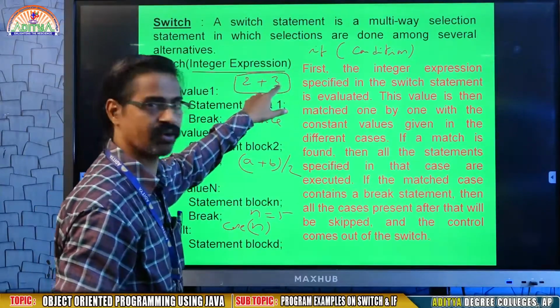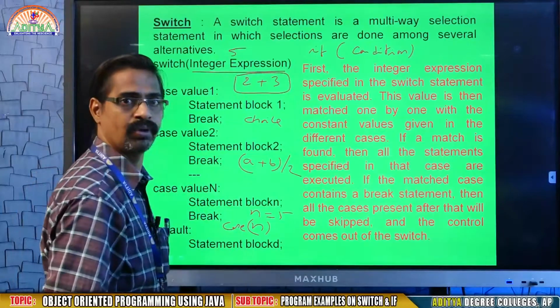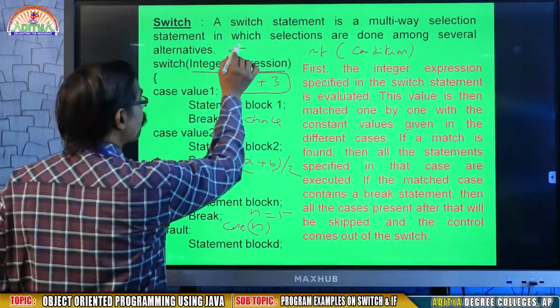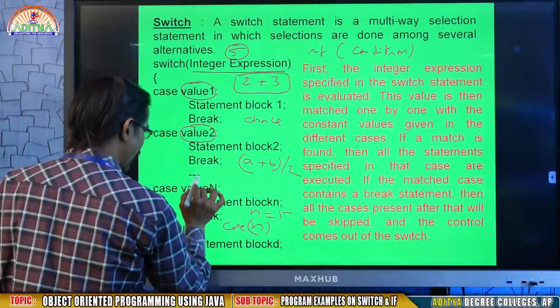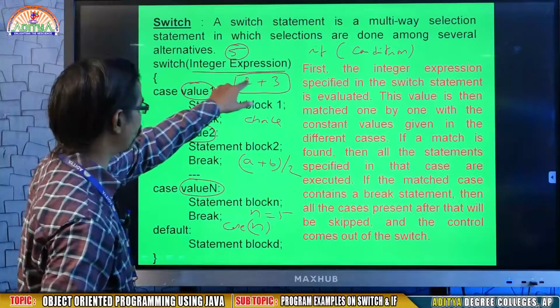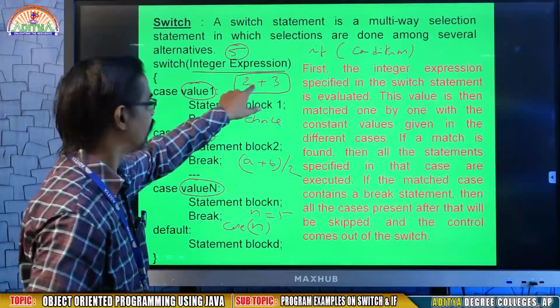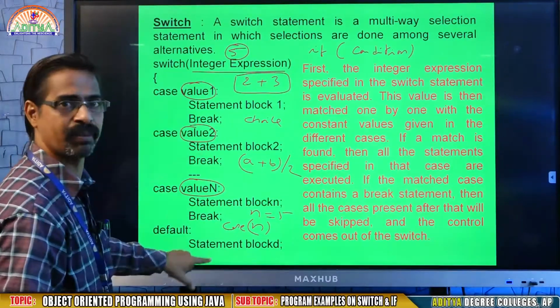So for example 2 plus 3, what is the answer? 5. That means your integer expression answer is 5. Then it will check where this 5 is available among value 1, value 2, value 3, value 4 up to value n. Assume I gave 2 plus 3 as an integer expression, the answer is 5. So in which case is the 5 available?